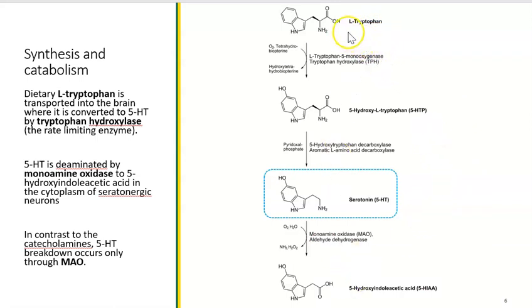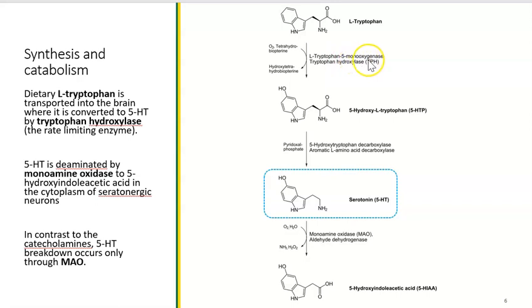what's happening here. So what we have first is dietary L-tryptophan, or just L-tryptophan. That's transported into the brain, so that can actually cross the blood-brain barrier, so that's what goes into the brain, and then it's converted to serotonin via a couple steps. So what's happening is that we have